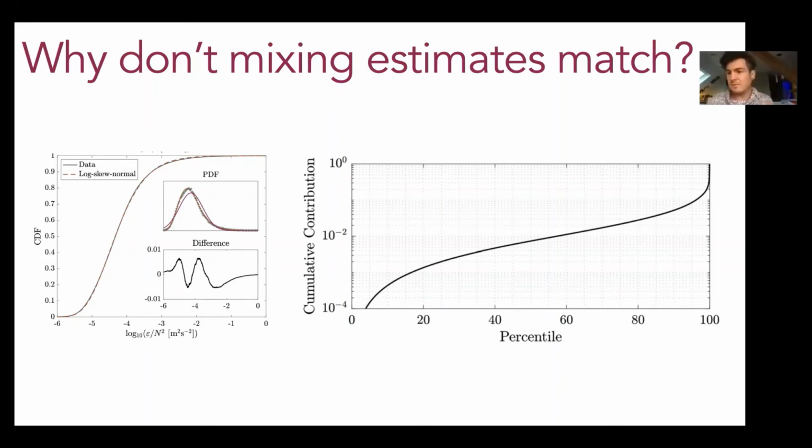And I think this distribution helps explain that, because you have such a massively heavy-tailed distribution here that the contribution to the total mixing by the very, very high tail is massive. So almost all of your mixing is happening in a few particular heavy-tailed places. And so when you're just sampling from that distribution, the average of your samples is going to be smaller than the true mean of your distribution, whereas the tracer is seeing the true mean of the distribution.